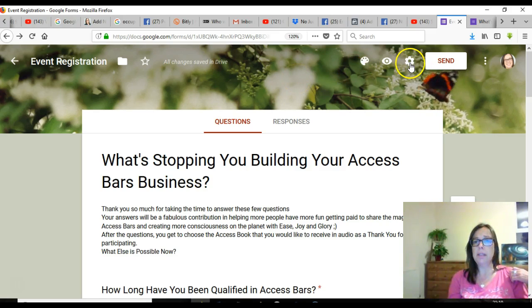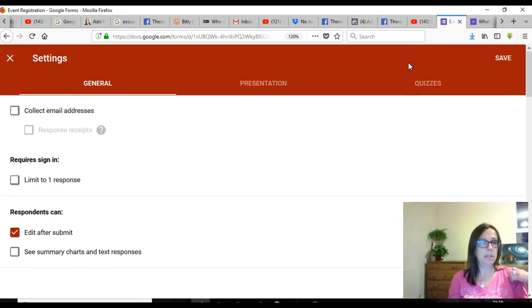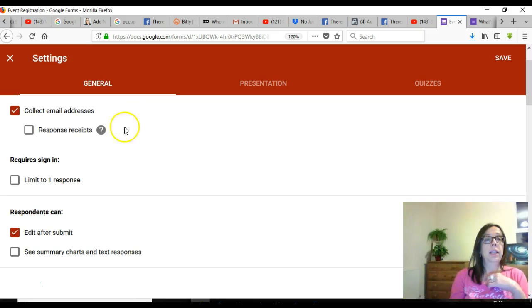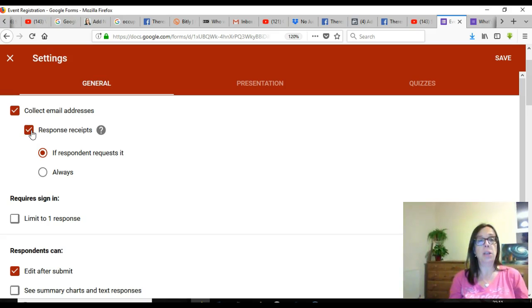So now, what does this say? Settings. Okay, so I clicked in settings and it says collect email addresses. So yes, I do want to collect email addresses. This is asking you, do you want to send a response to your recipients? For instance, if you've got a coaching business and you've asked them coaching questions before your next coaching session, you could click yes, send them the response so they know what